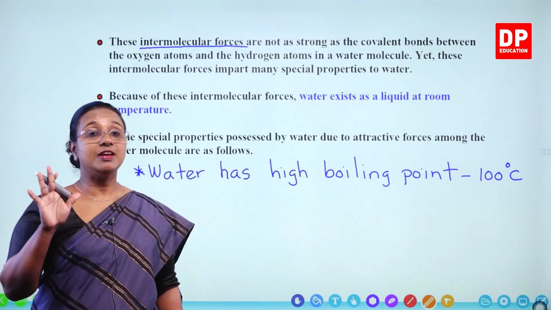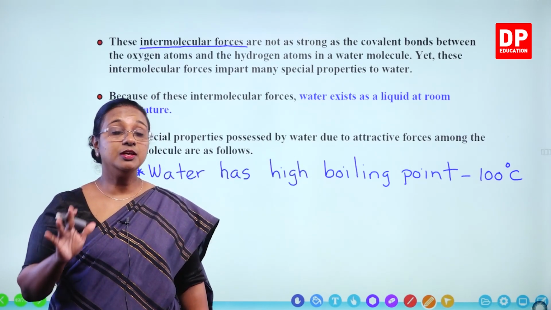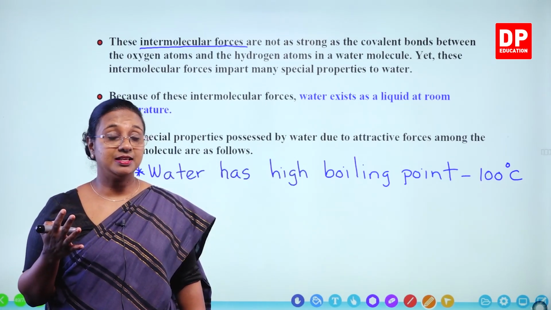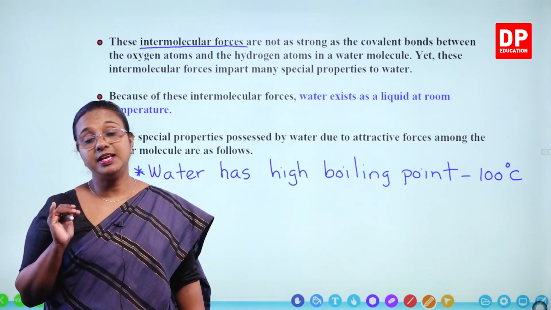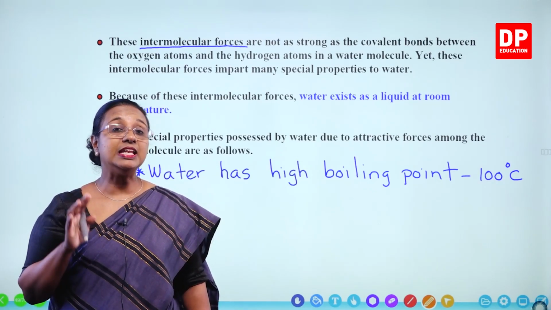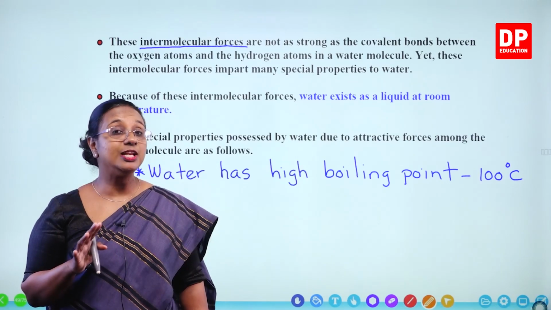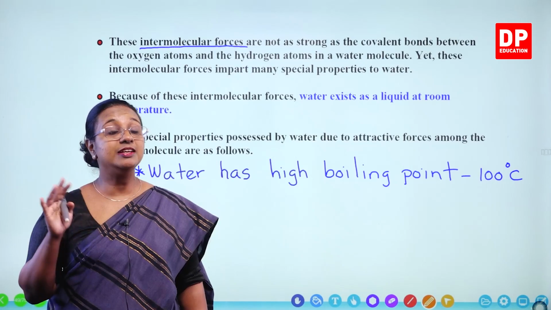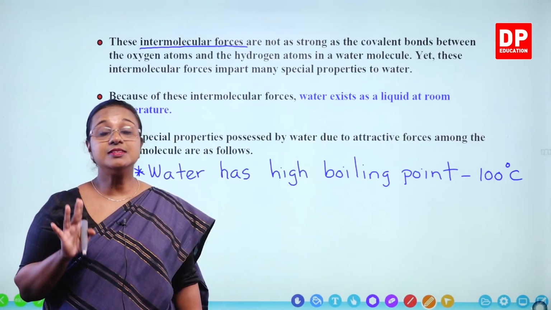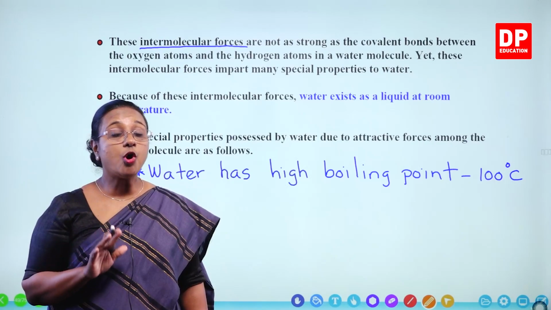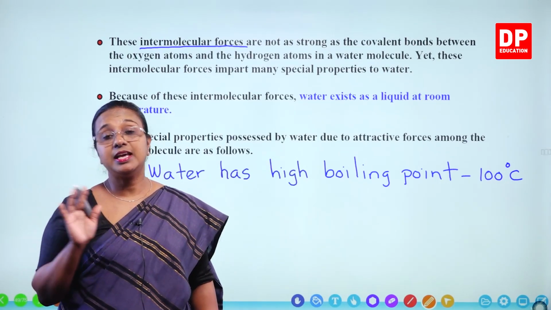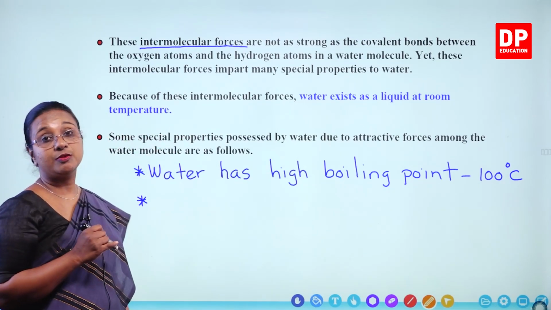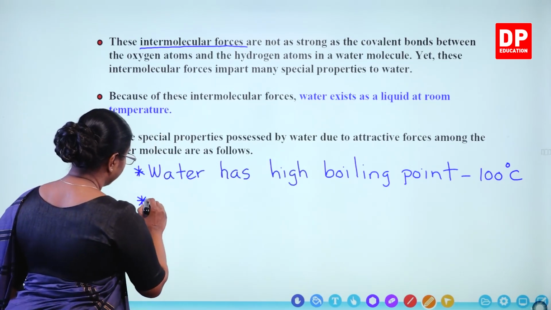In the first lesson, when we discussed the uses of water to biological systems or living organisms, we have discussed that. They have high specific heat capacity. The amount of heat that needs to be provided to 1 kilogram of a substance in order to increase its temperature by 1 degree Celsius is known as the specific heat capacity. And water has high specific heat capacity. So that is again due to the intermolecular force or the intermolecular bond.